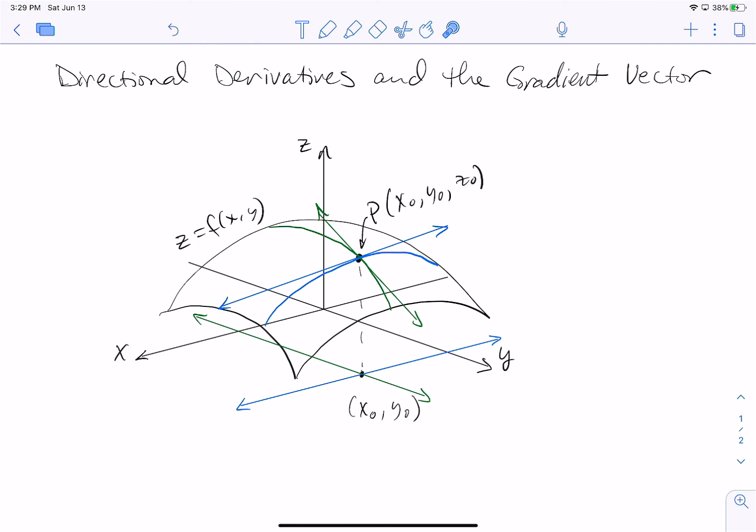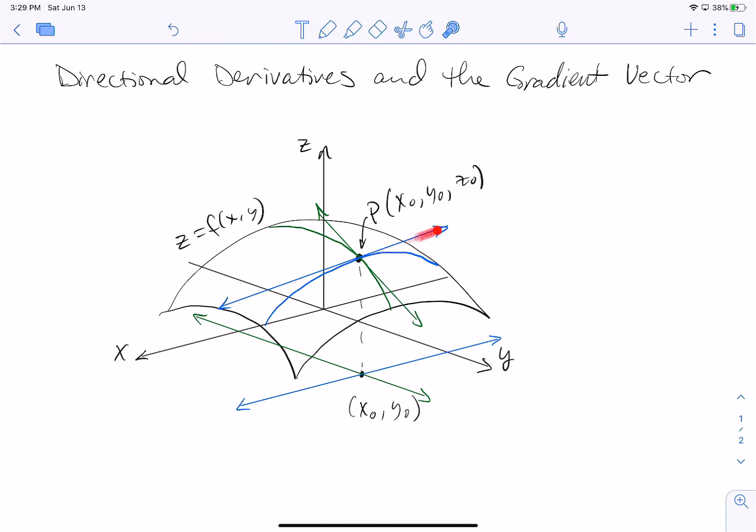We have here a diagram that we saw in a previous video. We have a surface z is a function of x and y, and in the xy plane we have a line parallel to the x-axis and a line parallel to the y-axis, above which we have curves on the surface that correspond to what would happen if vertical planes through the lines in the xy plane were to intersect the surface. And then along those curves,